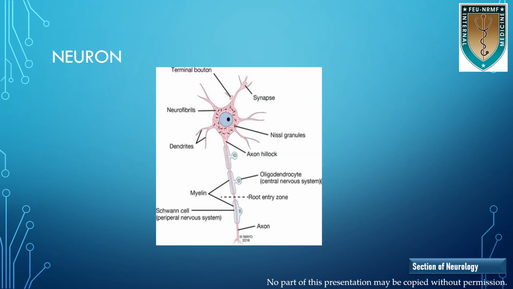Here is a diagram of a spinal motor neuron, and shown here is the neuron cell body, which has a very prominent central nucleus. Protruding out of the neuron cell body are processes. So we have several short processes we call the dendrites, and we have one long process we call the axon. The dendrites act as antennae and transmit incoming signals toward the cell body, while the axon conducts electrical activity and trophic influences away from the cell body and toward another neuron or toward an effector organ that can be a muscle cell or a gland.